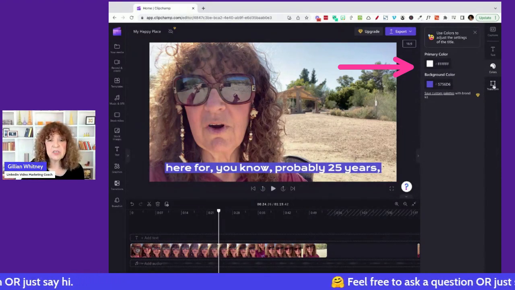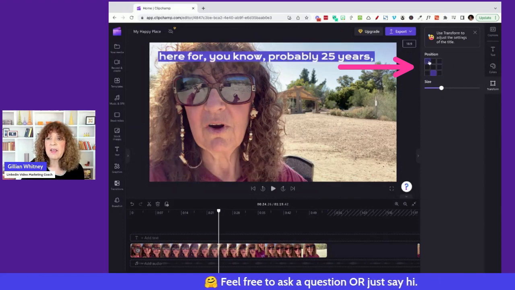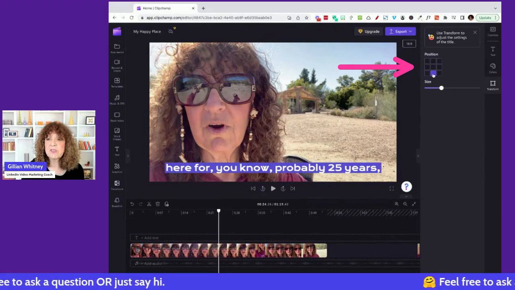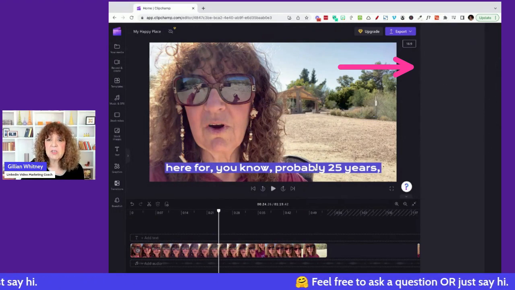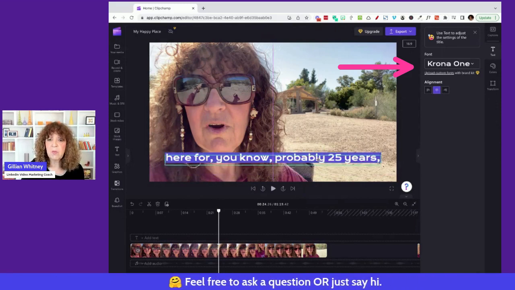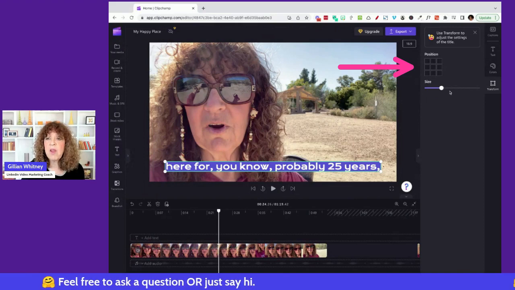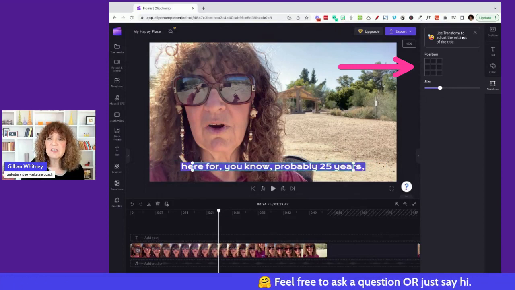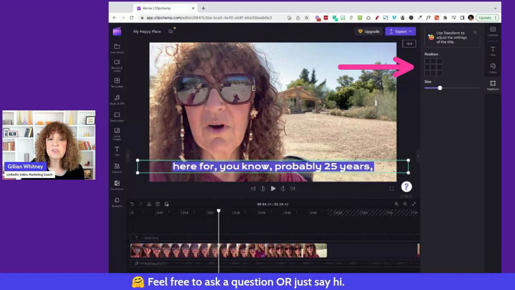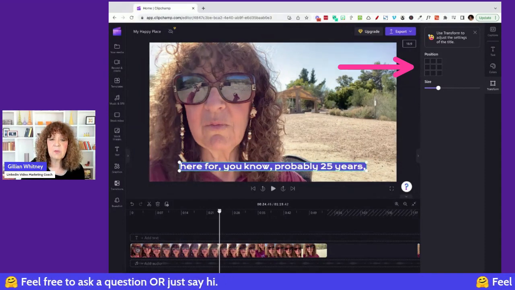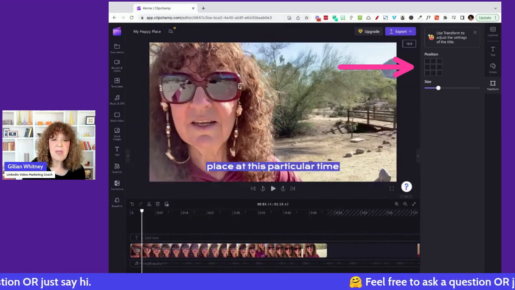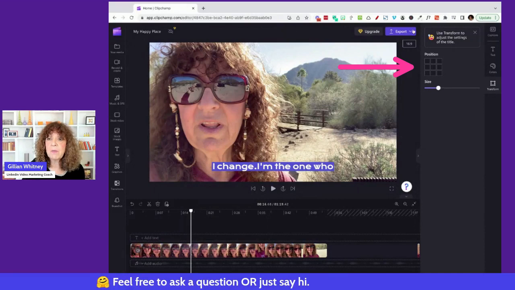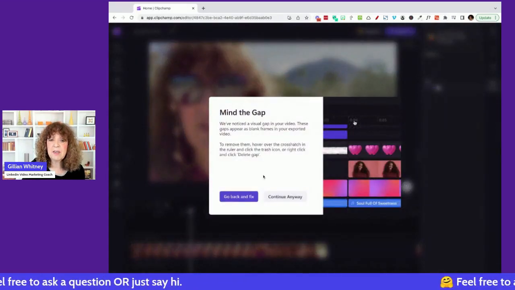And what about the position? We can come over here and look, at the drop of a hat, I can put this anywhere I want on my screen. I can also just pick it up and drag it around as well. So you can go either way. And if I wanted my captions to be a little bit bigger or a little bit smaller, here where it says size, I would just slide it to whatever size I think is best. And of course, I would want to go through the whole video and make sure that it looks good every step of the way. And then at that point, I would just come up here and click that export button.